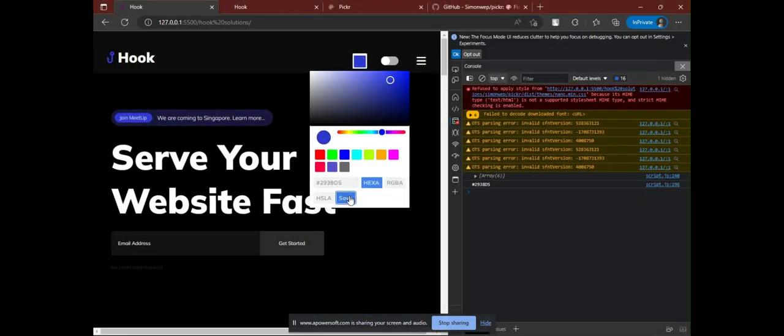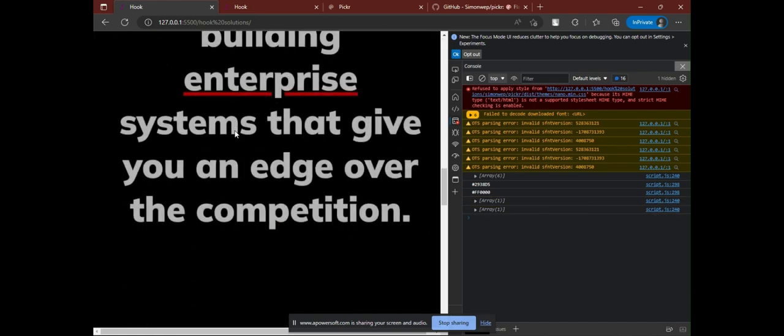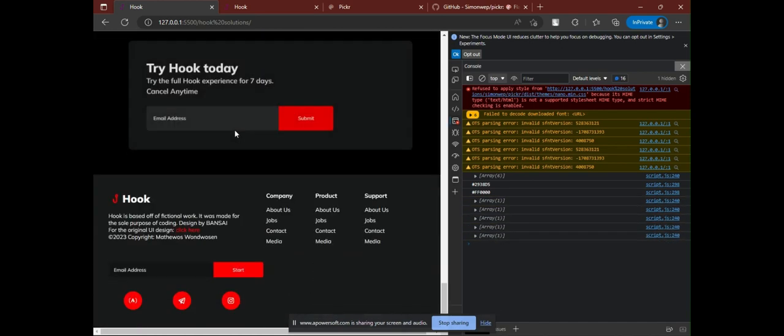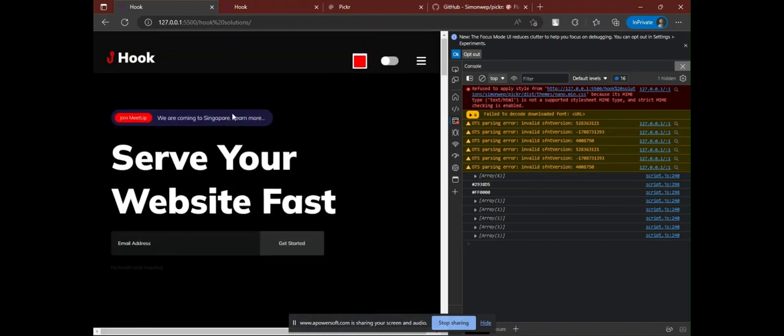Let's save that. I don't know if it changed that much. It did, but I'm not really quite sure. Let me just save that, and you guys can see it just changed towards all of the website. But one thing is, obviously this one did not change, the darker one. We're going to need to change that too, and not only that, but we're also going to be working on